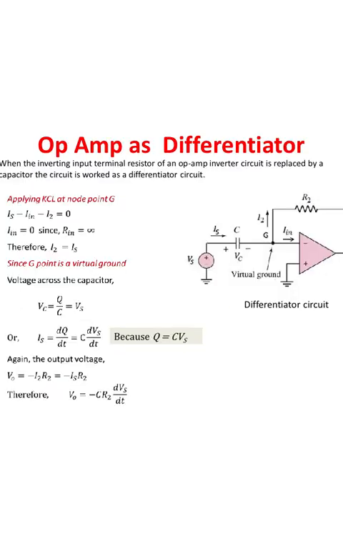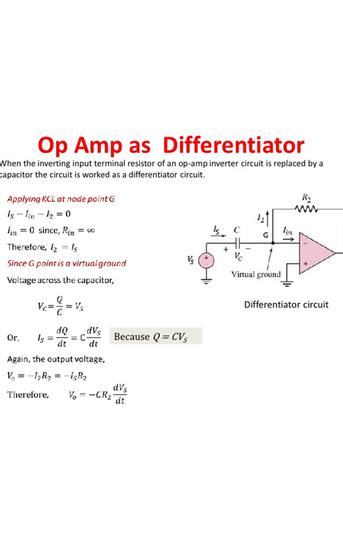Op-amp as a differentiator, let us discuss the related formula to it. When the input terminal resistor of an op-amp inverting circuit is replaced by a capacitor, the circuit works as a differentiator circuit. Applying KCL at the node point G,